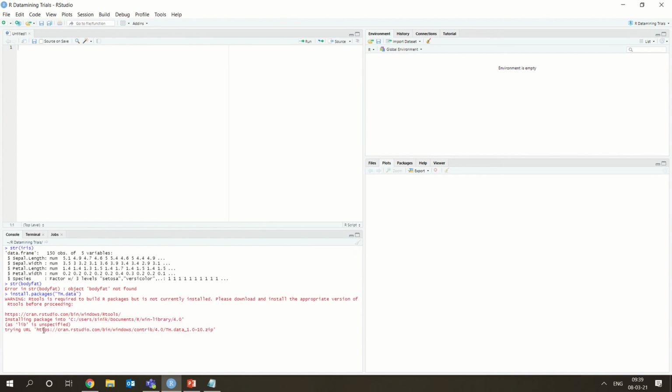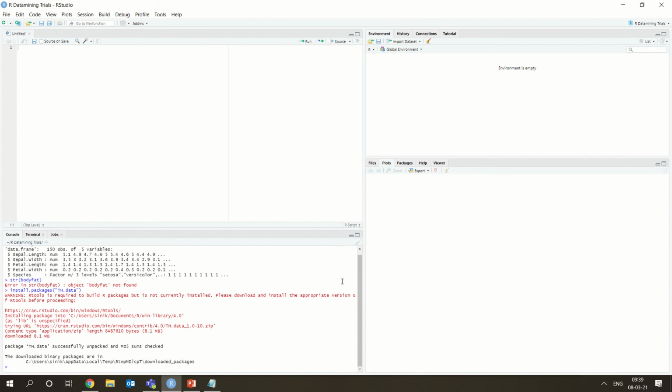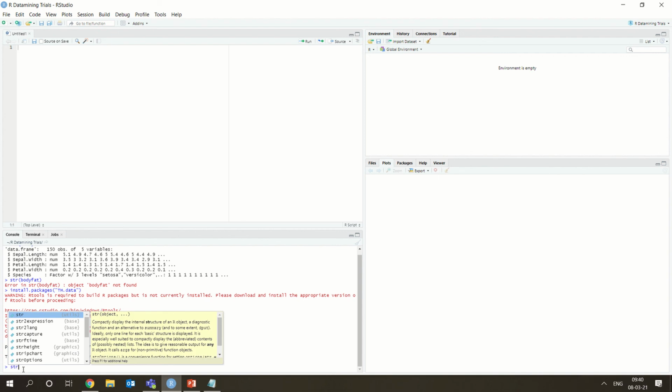Okay, so something is happening. It is actually downloaded, so it just shows you that it is successfully unpacked, and MD5 sums is the encryption model which is used, so it is downloaded. So now let us try str of